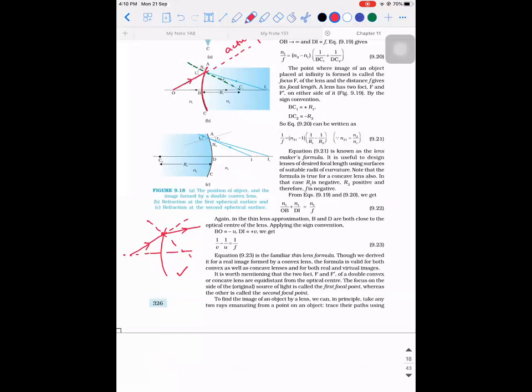So what would have happened if the ray started bending in the way I drew it in the second case? Will you get a real image or a virtual image? You will be able to get a real image if the rays are getting converged, and a virtual image when the rays are getting diverged. In this case, is the ray getting converged or diverged towards the principal axis? Diverged. So what kind of an image will we get? Virtual.